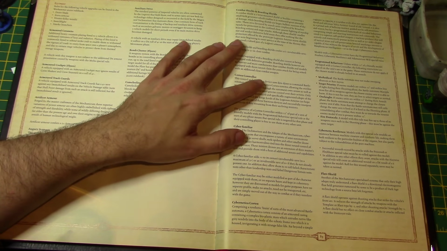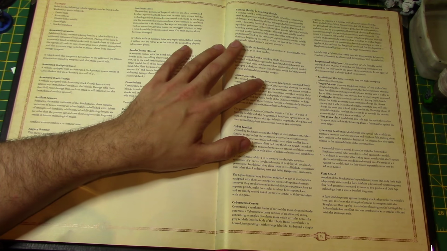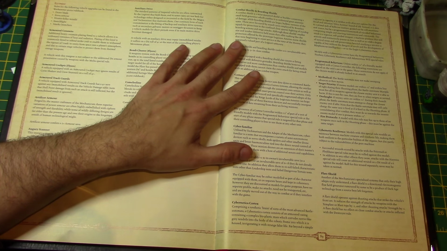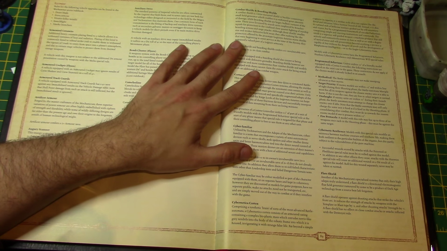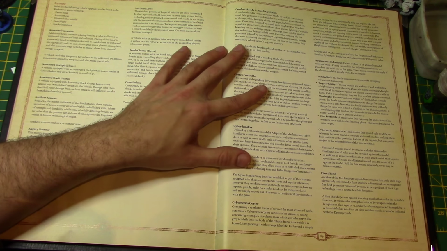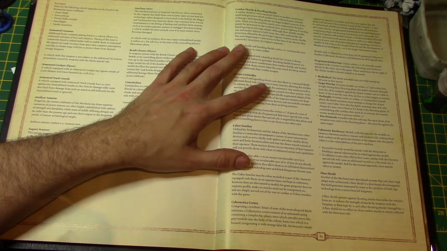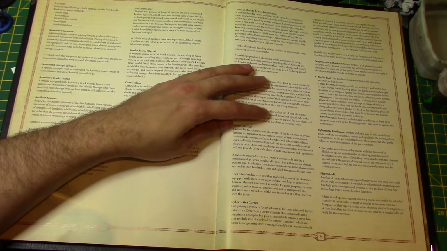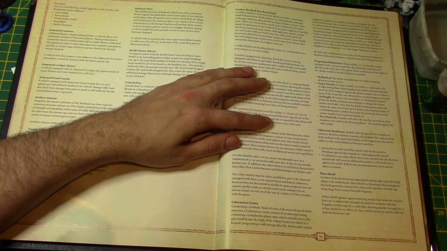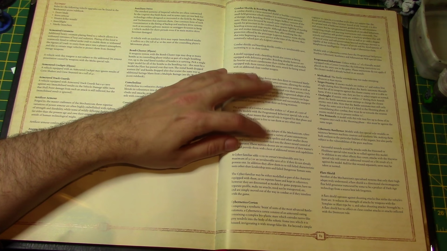The presence of a Cortex controller within 12 inches of any part of a unit of friendly models with the program behavior special rule at the start of any phase means the special rule is negated for that phase, and the controlling player is free to use them as any other unit. Fair enough. Cyber Familiar. Cyber Familiar adds +1 to its owner's invulnerable save to a maximum of 3+,